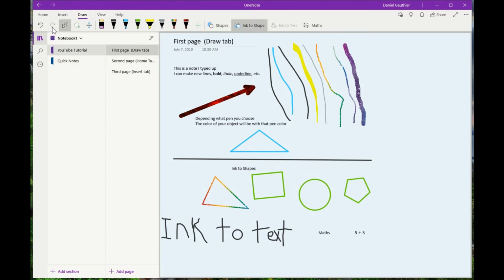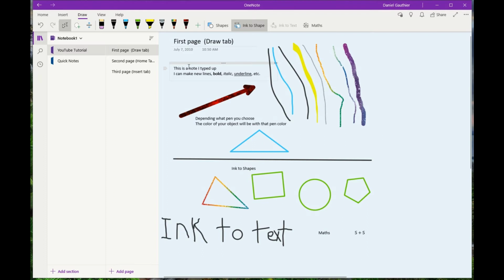So many of the features are pretty self-explanatory. You can probably figure out for yourself as you hover over it. You can have an undo and a redo link. This one here is the selection tool, so you can use it to type in text or select objects that are in the window already, and use it to just start to type in text here as well.